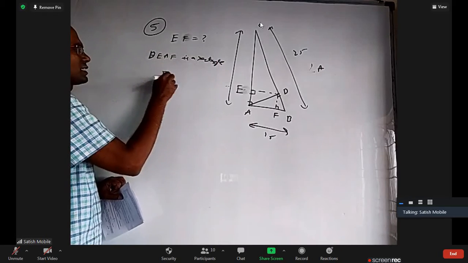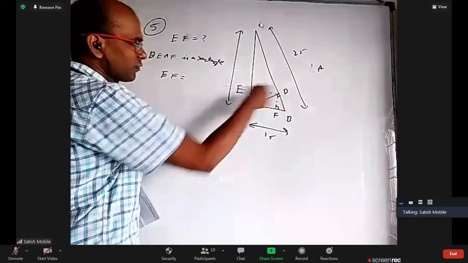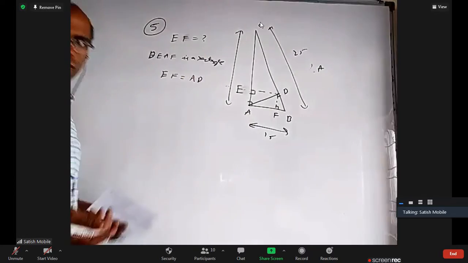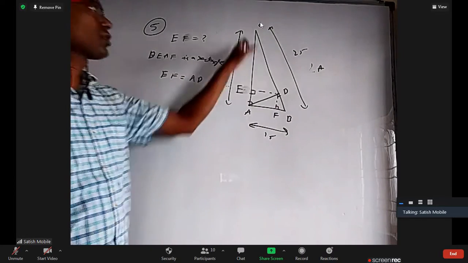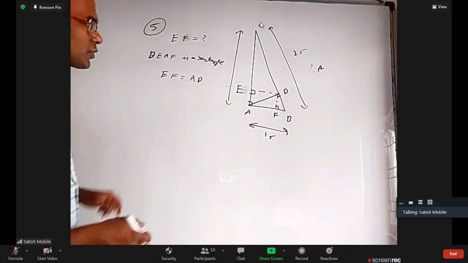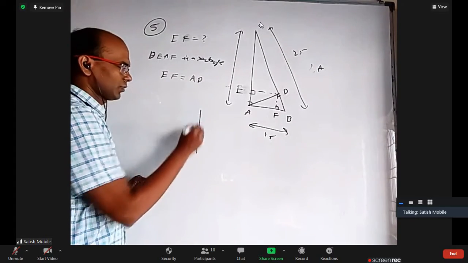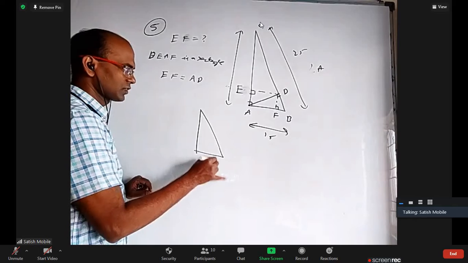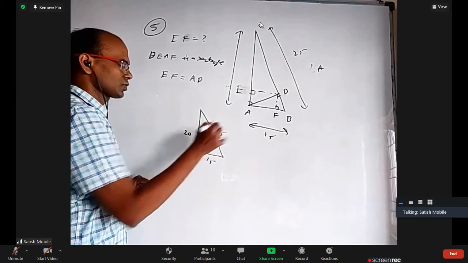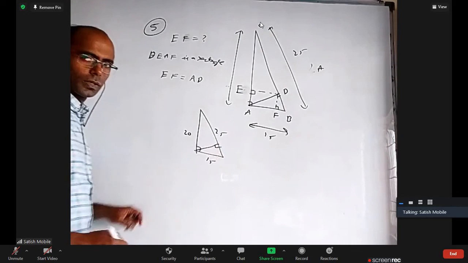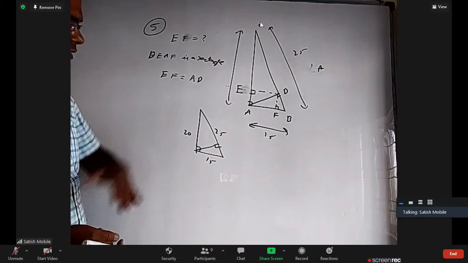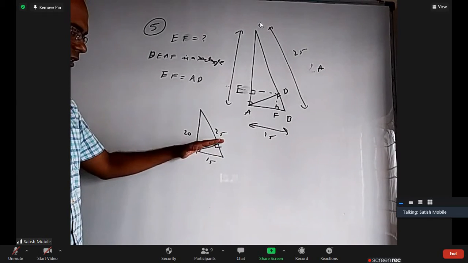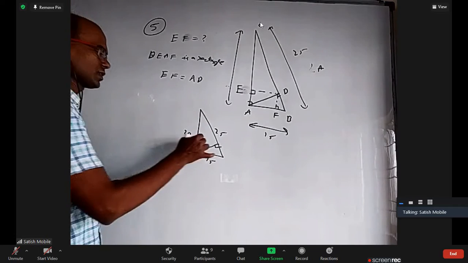So instead of finding EF, one diagonal, you can find AD. That is nothing but the altitude of a right angle triangle, so you can find the altitude very easily. In fact, if you take this right angle triangle, this is 15, this is 20, this is 25. You want to find this height. You can find the area of this triangle in two different ways. Somebody can take this as the base, this as the height. Somebody can take this as the base, this as the height.